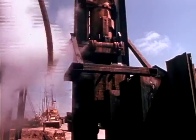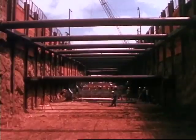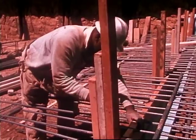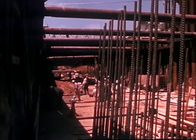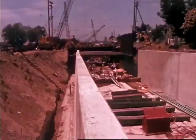Construction moves forward also on the first of the 3 city downtown subways. Here, near 8th and Fallon, the Alameda surface line will enter the Oakland subway. 18 miles of underground will be built in downtown Oakland, Berkeley, and San Francisco. Meanwhile,